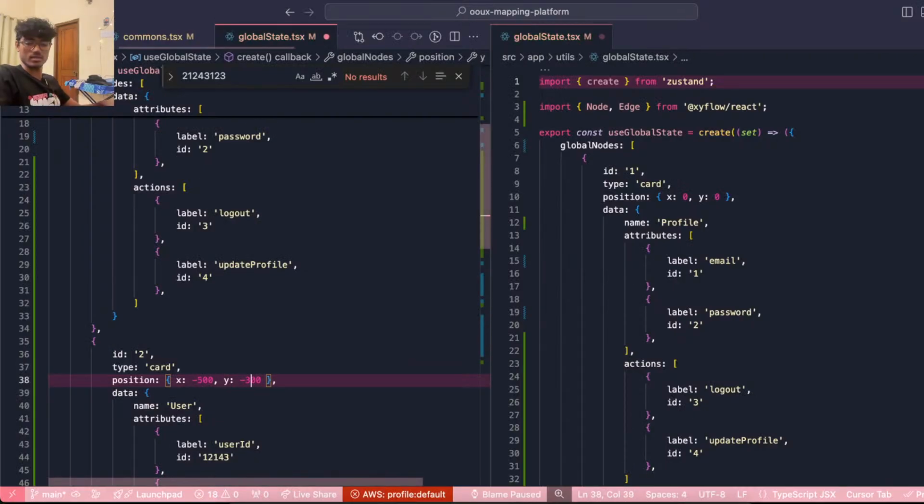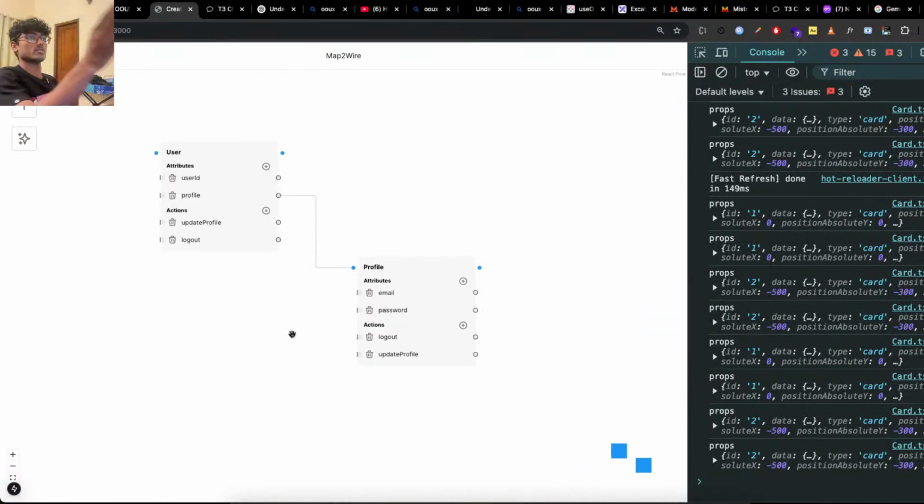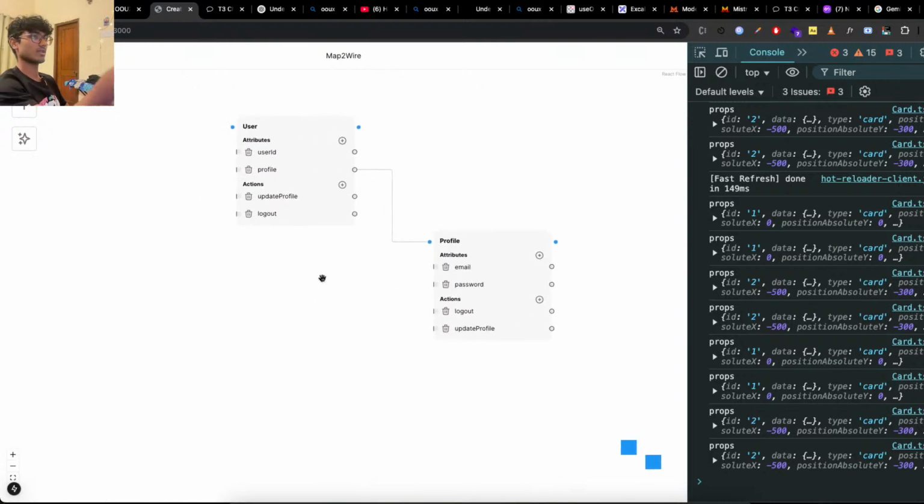Not like that, but like this. Yeah, so now a user can have a profile. A profile is an object of its own with email, password, and a few other things. A user can also have a user ID. There's an update profile and a logout action on the user ID. We can have a login form which